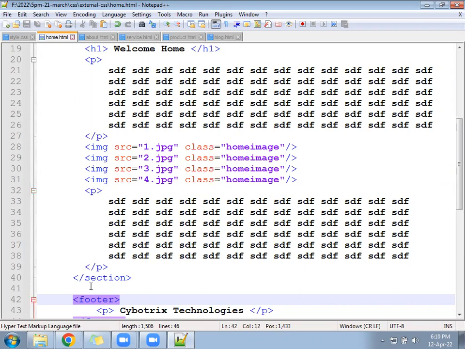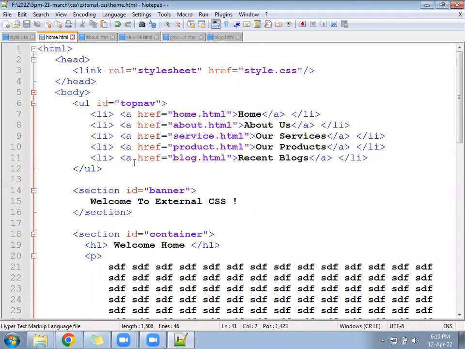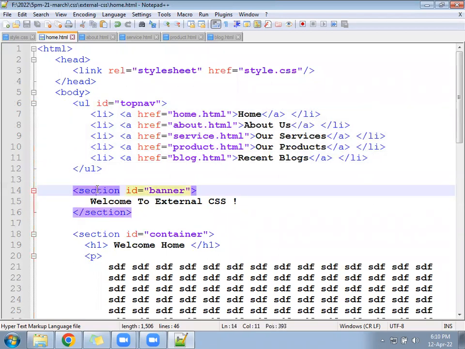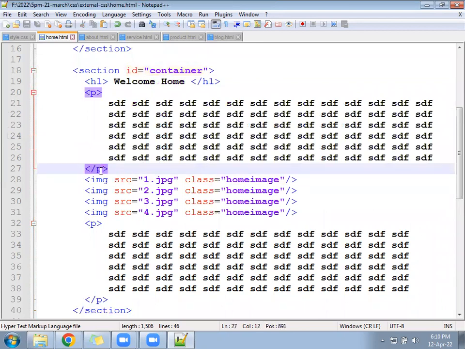Okay. So now the home file is ready. Now in a similar way, we need to go to the about page. The header part remains the same. The footer will remain the same. The banner will not be there. Apart from the banner, the container will come, and the remaining others. If the page is running, we can move next and go to the about page. There we can add some text.